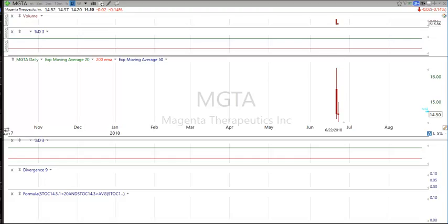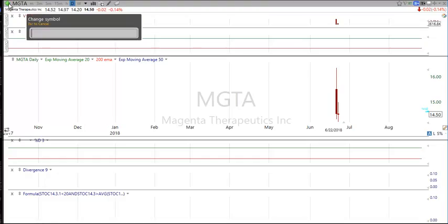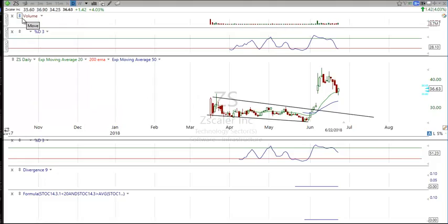All right, let's just talk about the upcoming ones. We showed you the examples, and also showed you why we like these. Zscaler was an IPO back here, and another thing that I mentioned in that video is usually after the first quarter, if an IPO comes out, and usually if it's a tech and it's a well-known name, like Dropbox, there's so many, but if it has a name and it has a